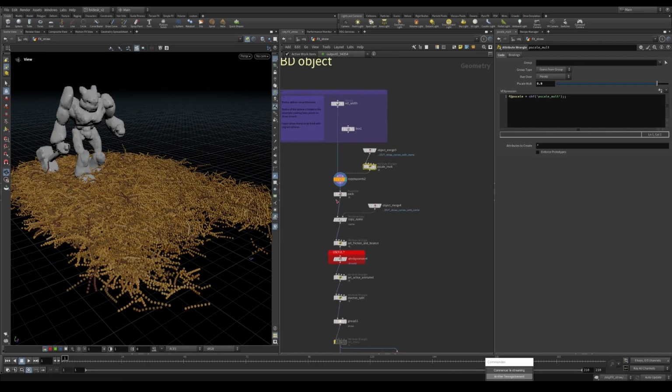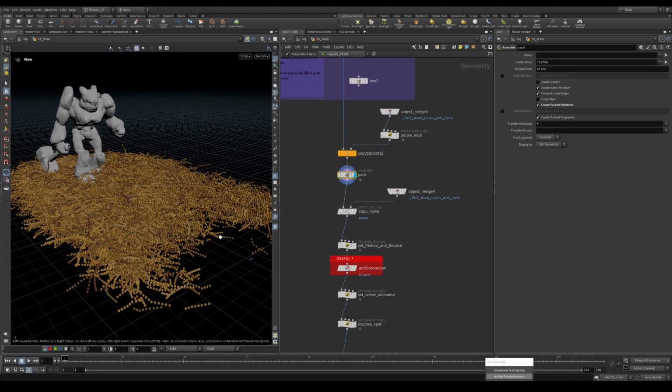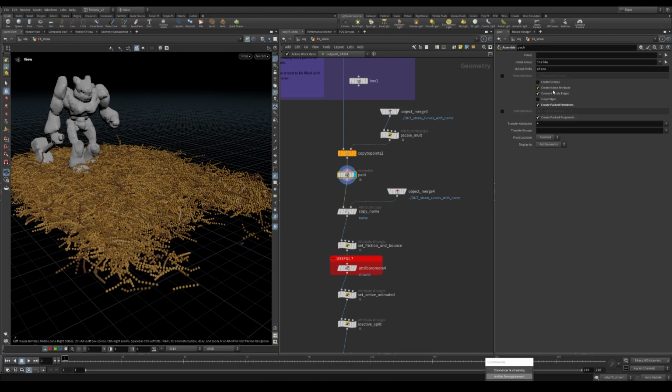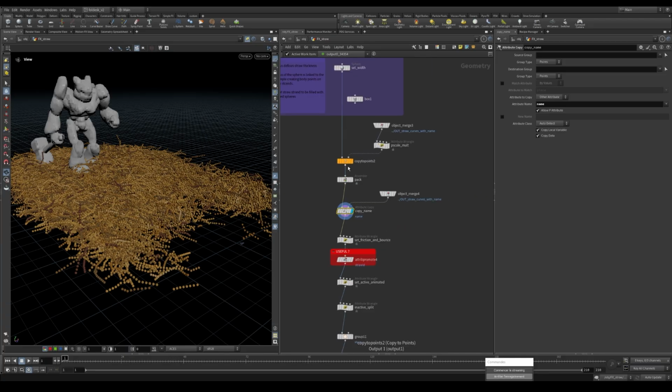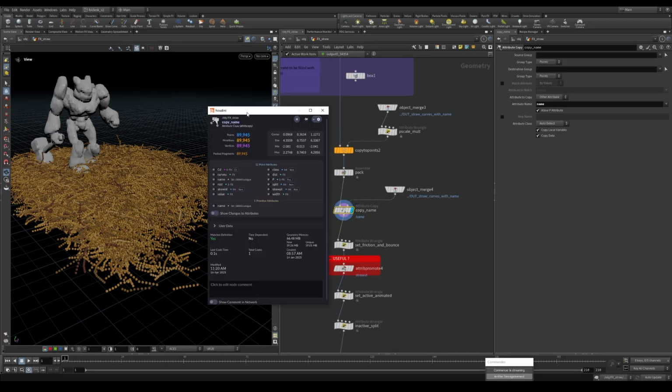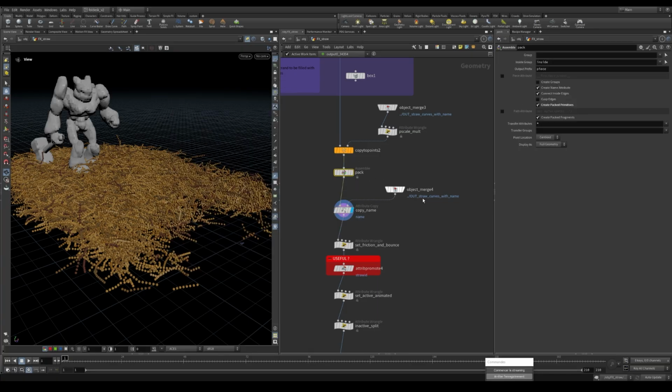So I'm decreasing pscale mainly for that, and then packing. Here I'm losing the name attribute that I created before, so I have to restore it. But now we can see I have my packed spheres with all my little attributes that I like, because I transferred them over there